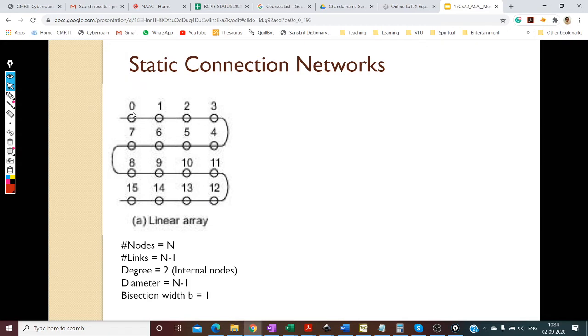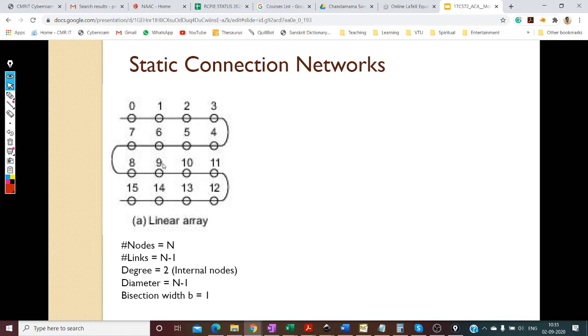So if there are 16 nodes, the time it takes is the maximum of the shortest paths between these two nodes, right? When I say maximum, you get all the permutations here. So 0 to 1, 0 to 2, 0 to 3, and similarly 1 to 0, 1 to 1, 1 to 2, 1 to 3, all these are there, right? And when you take all these different permutations, what is the worst or the maximum distance? That's going to be 0 to 15, and that's your diameter, n minus 1.